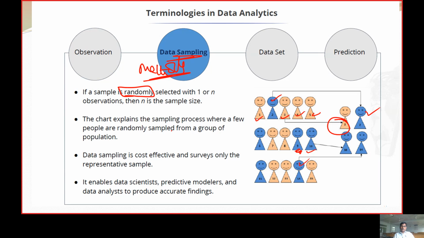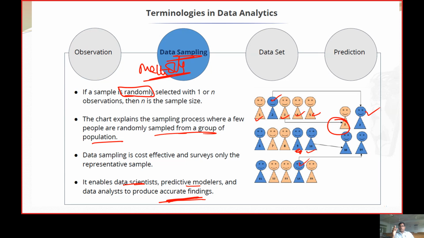So from the population, we are randomly taking some chosen parts, and thereby we do some analytics. This is probably the most common approach: data scientists use sampling methods to build their predictive models and to find accurate results. First of all, we apply things on a sample. If it is successful, then we replicate it to the whole population, right?